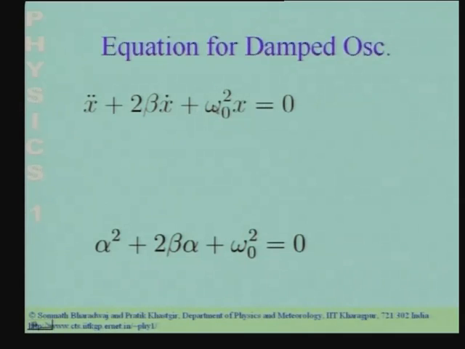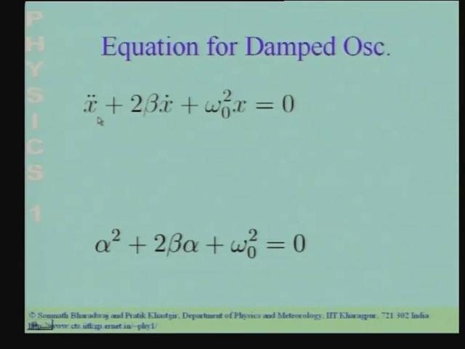So, the term, the spring constant by the mass, has been written as omega naught square, and the force due to this is proportional to x. So, this is how you get the term over here, and this term is the damping term. The damping coefficient, the coefficient c, which you saw in the previous slide, divided by m, has been written as 2 beta, and we shall refer to beta as the damping coefficient. So, we want to solve this equation.